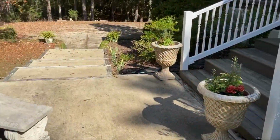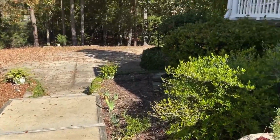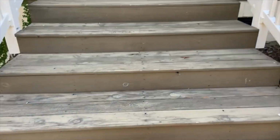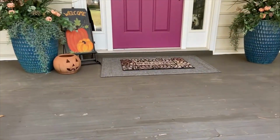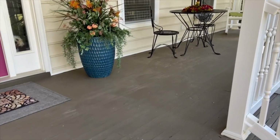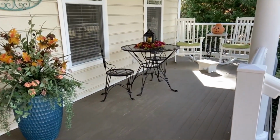Okay, and my steps that go down to the driveway. And I have multiple levels. I have a 3-level house basically. Steps, please just overlook the flooring because this is going to be another project. We are finally getting to the point where we're ready to replace all of this wood and do a whole new